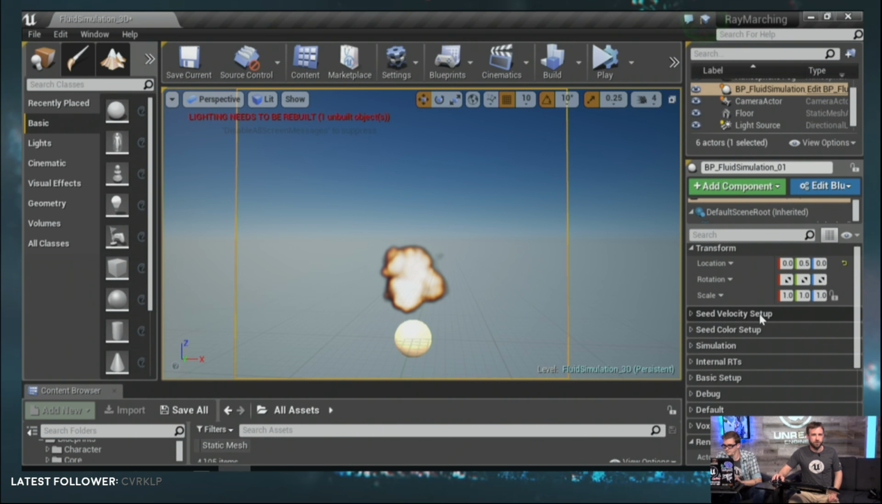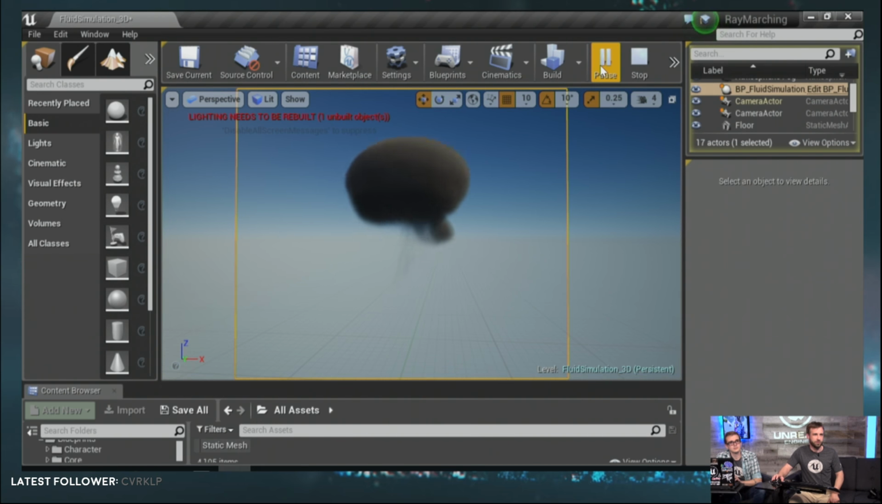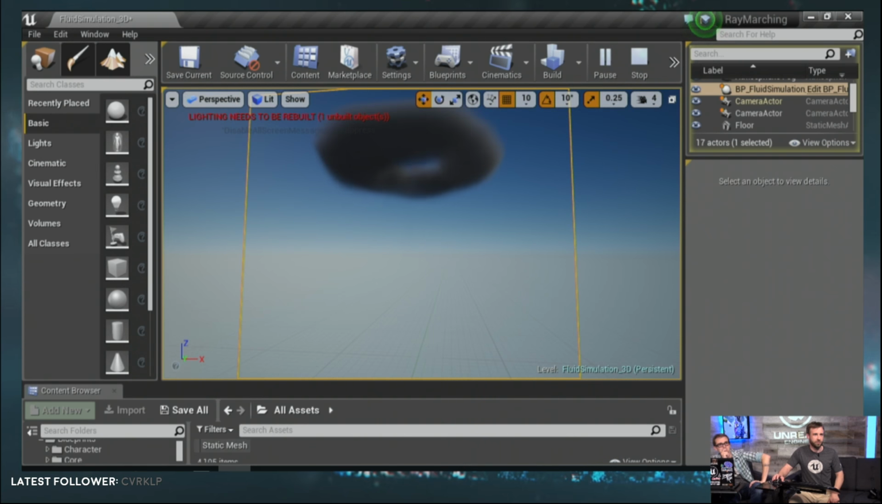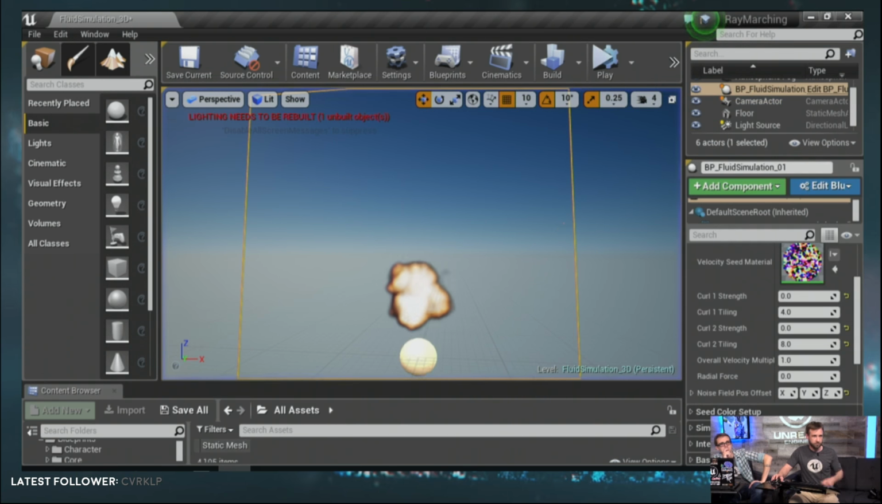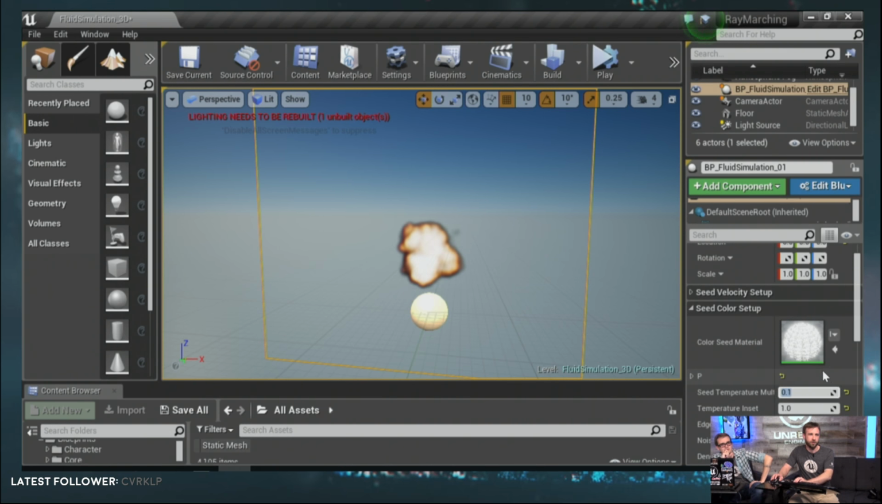So if I go to seed velocity field, I'm going to go ahead and turn curl 1 strength to 0, curl 2 strength to 0. So now pretty much the only velocity we have is our temperature. So as I play this, we'll see a little mini mushroom cloud form and then leave the bounds of our volume there. And that, again, even though we defined the initial amount of temperature down in color,